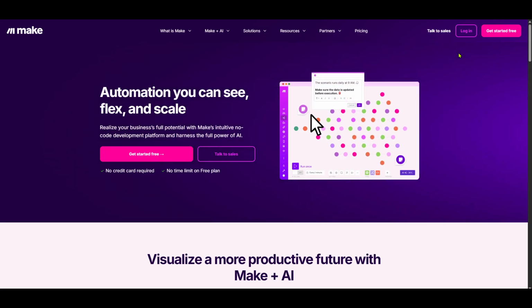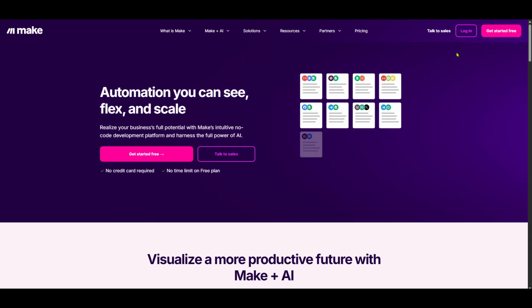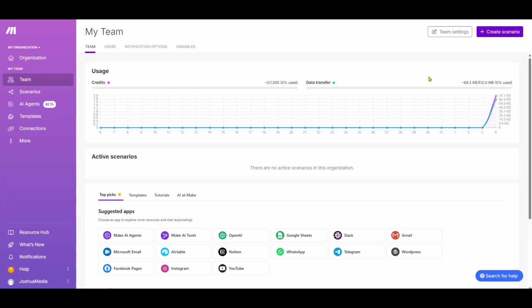Our goal today is to create a new scenario that involves connecting our Gmail account. To do this, look for the option labeled New Scenario. This can be found on the dashboard's main page, usually marked with a prominent button. Go ahead and click on New Scenario, which will guide you to a page where you can design and build